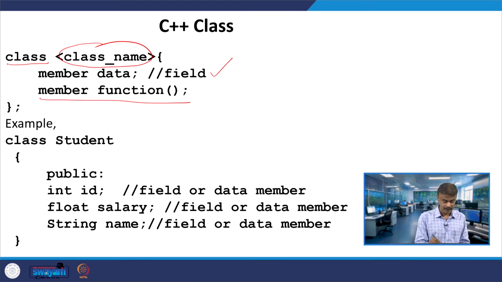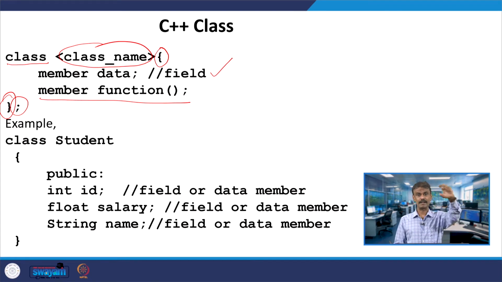So here you have member data, member function, and you have the braces. Starting with the braces, and you are ending with the brace followed by a semicolon. Whereas in the case of Java, you will not find the semicolon. So there is a difference between a C++ class and a Java class, although almost the same.